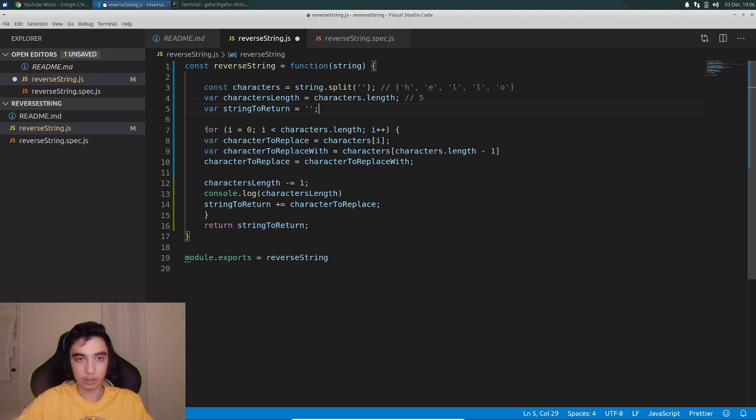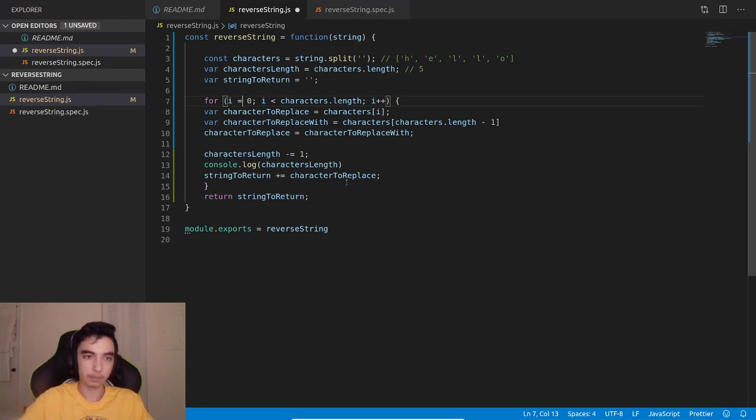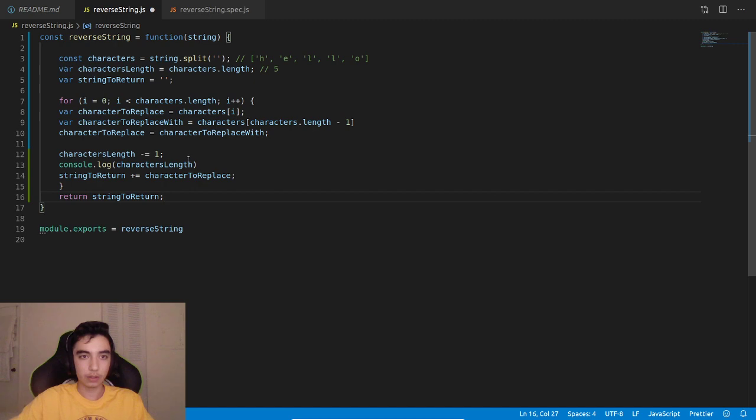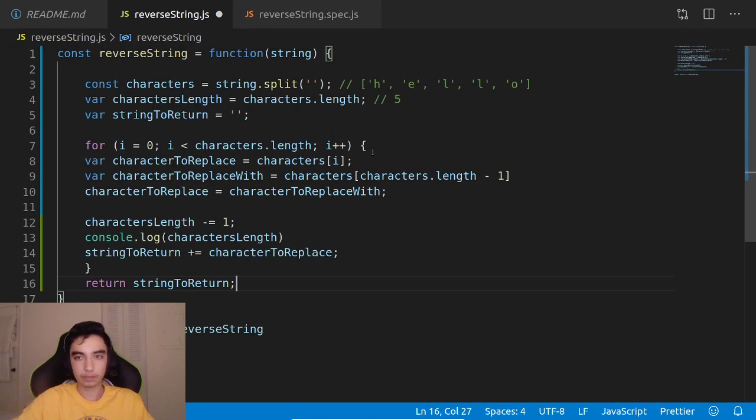And then this function will run a for loop. I was trying to use the forEach loop, but I got confused on it. Usually forEach is easier for me to use, but in this case, for some reason, I decided to use a for loop, and it's more comfortable for me. Anyways, here,